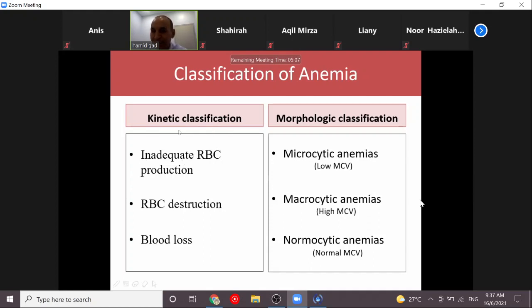Etiologic classification means the causes of the anemia. It can be due to inadequate red blood cell production, which means there is a decrease in erythropoiesis. The red blood cell production from the bone marrow is inadequate, and this can be due to a bone marrow problem,